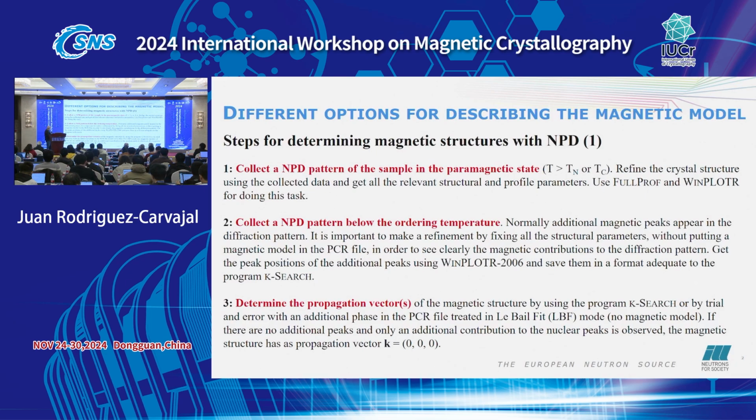Then this is the third step. You have to determine the propagation vector of the magnetic structure using the program K-search. Over trial and error, if you don't want to use that, you can try, for example, supposing that the unit cell is doubled in some direction. You can try that quite easily, also by hand. But in many cases, mostly when you have an incommensurate magnetic structure, it is compulsory to use a program for looking for the propagation vector in powder diffraction. Single crystal is much easier because you see directly in reciprocal space where the peaks are and you determine the propagation vector easily, but the difficulty is to have single crystals of the new materials.